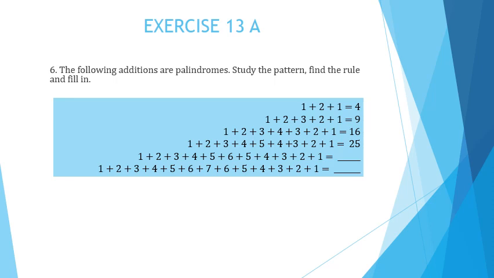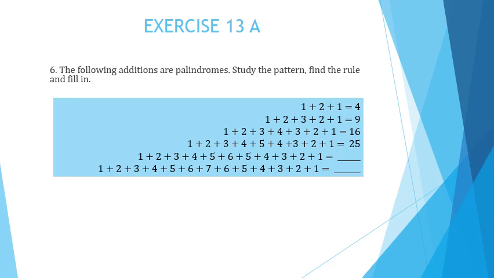In the same way, in the second one, it is 1 plus 2 plus 3 plus 2 plus 1. From forward also it will be read like this, and from backward also it will be read like 1 plus 2 plus 3 plus 2 plus 1. So all of them are palindromes. And what is the answer coming?